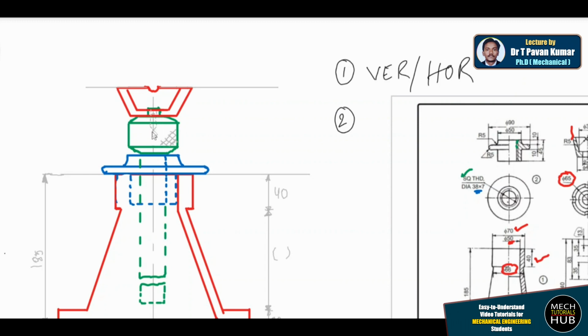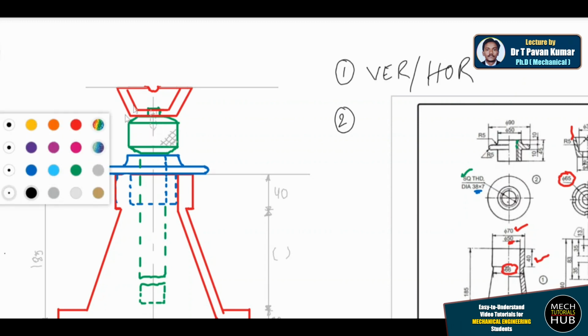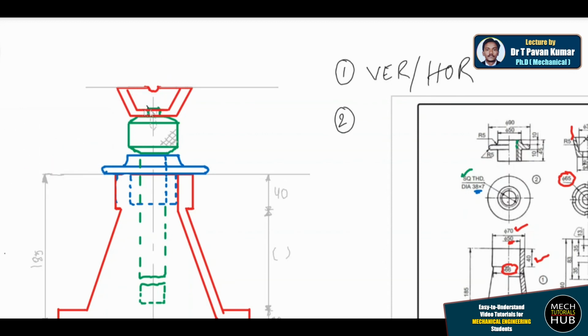Something like this you find. There is an internal hole, so I'll take a screw and try to place it from the top. As this is a hollow one, I can place it from the top and use a wrench to tighten it. Let us imagine that this is a screw, but as this part is completely inside, you just need to make it invisible. You have to draw hidden lines. That is what I'll do by drawing a hidden line. Have a look. You just need to give a feel that there is a screw which is fixing these two.